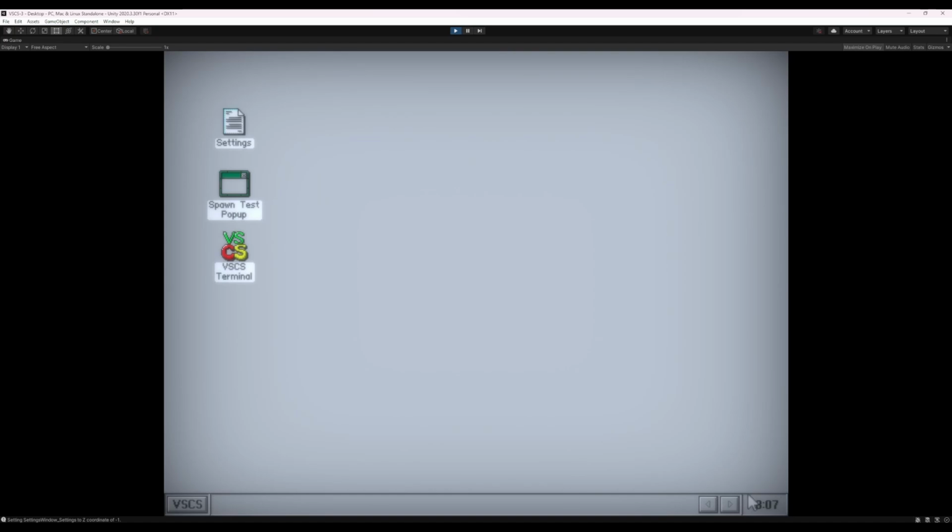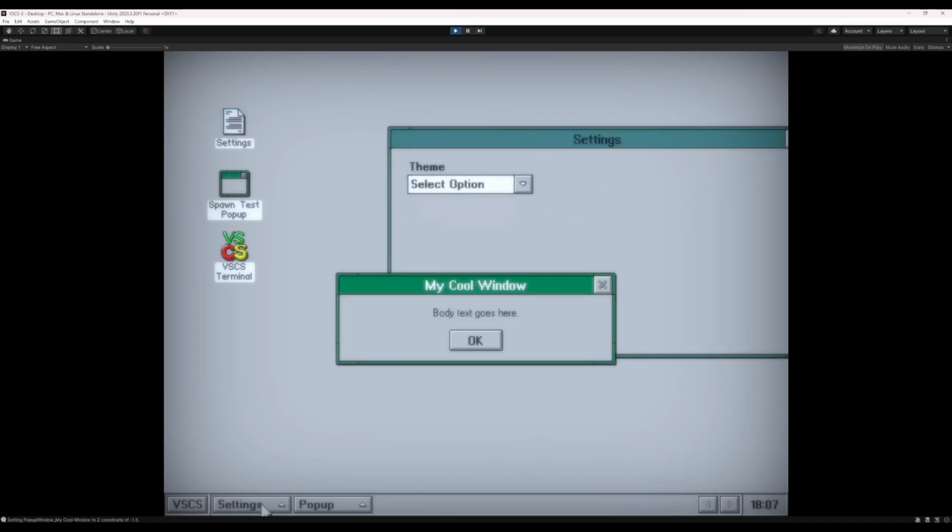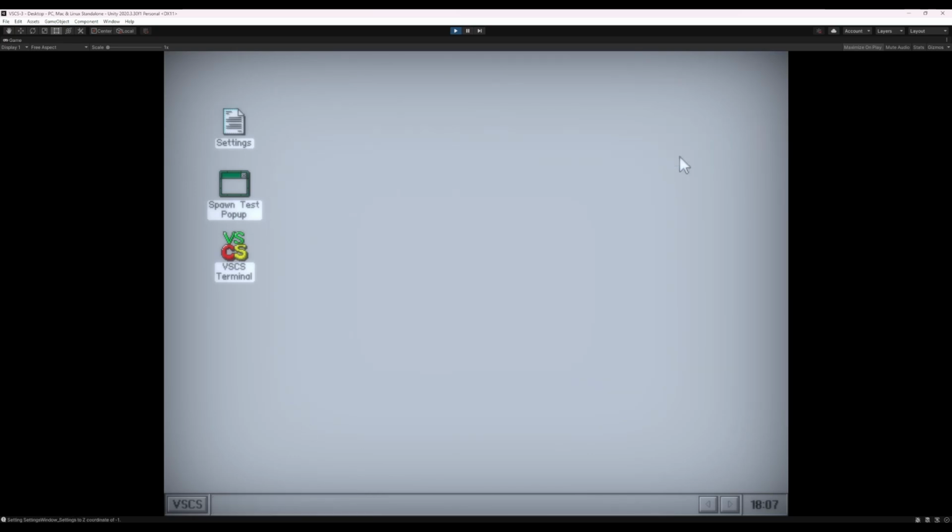Just while we're looking at the taskbar, I still haven't implemented pagination or window minimization. That's going to be a big feature that I need to fix. I already mentioned that when you have a couple of things open, it's just dynamically grabbing a list of the windows. So these don't actually do anything. It's just populating buttons at the moment that have no actions attached to them.